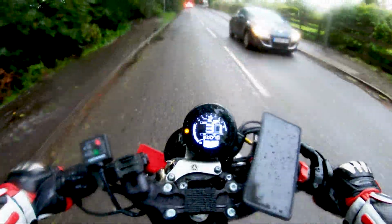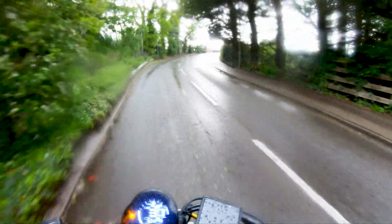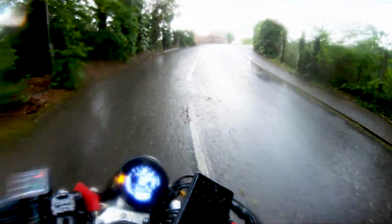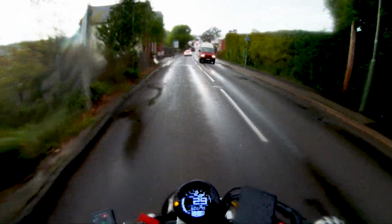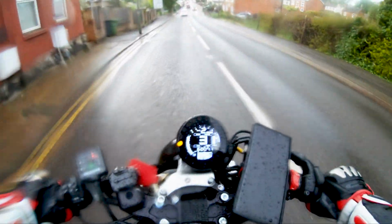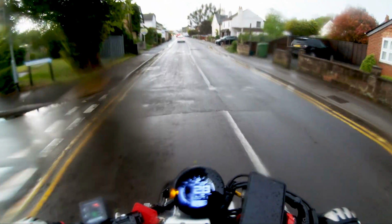So yeah, as I was saying, I'm sure that I could take this bike and progress and get really comfortable going very fast, and that it would be a fantastic tool for that. However,